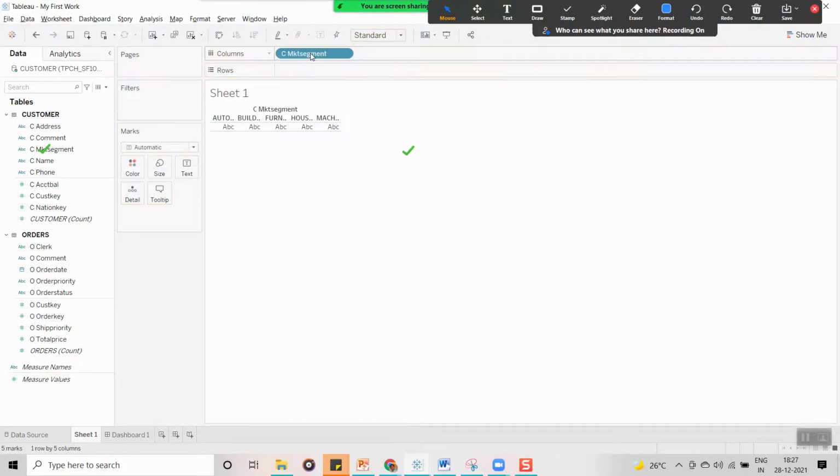So this is one row, and you can see that the row has the name as well. This is a column name, and whatever data we have in market segment is plotted row wise.